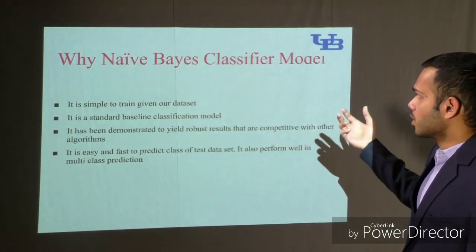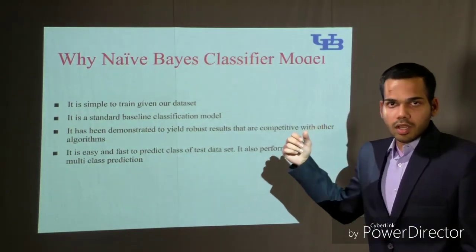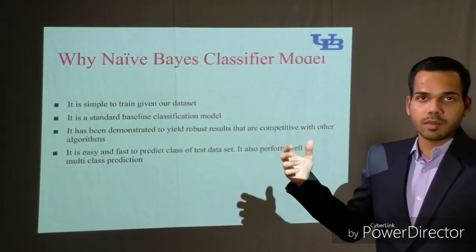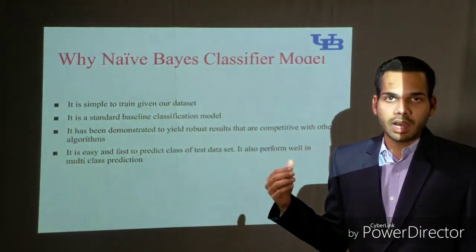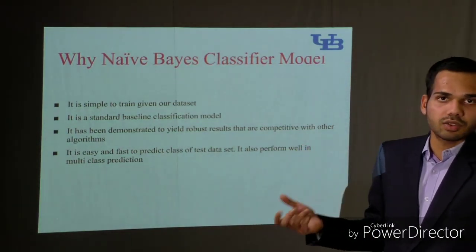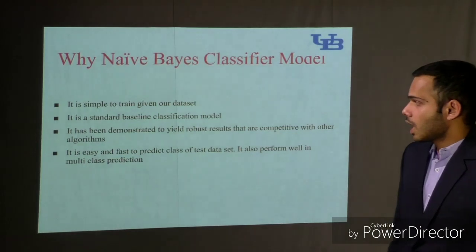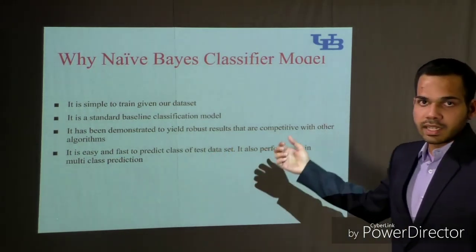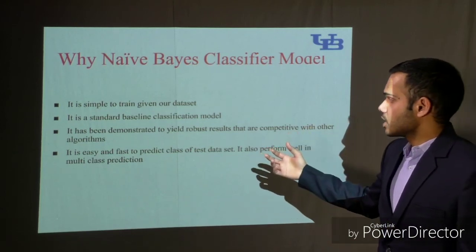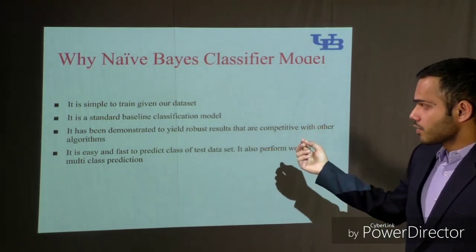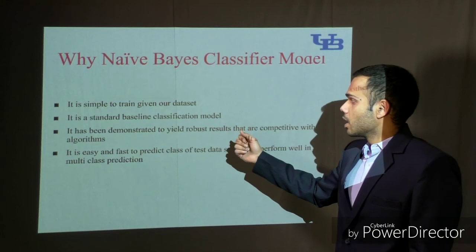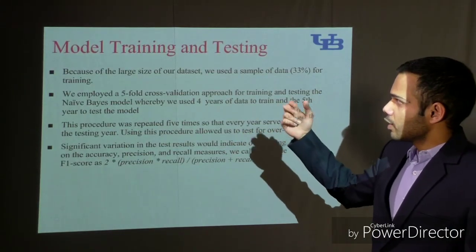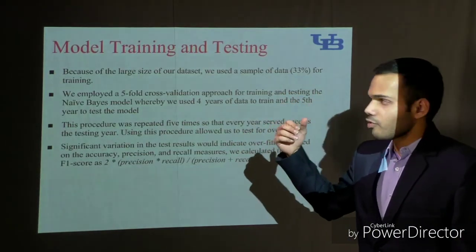So why are we implementing the naive-Bayes classifier model? Because though it is simple, the naive-Bayes classifier has a more intuitive result as compared to the logistic regression, and we found that it was pretty easy and fast in predicting the binary classification values on the testing data set. The naive-Bayes classifier model was also robust in performance.